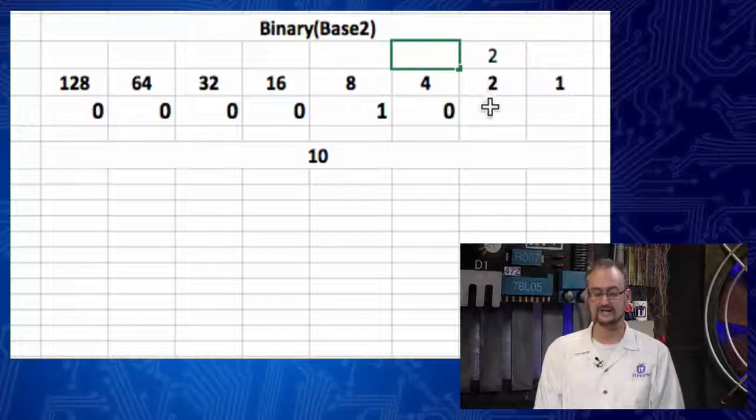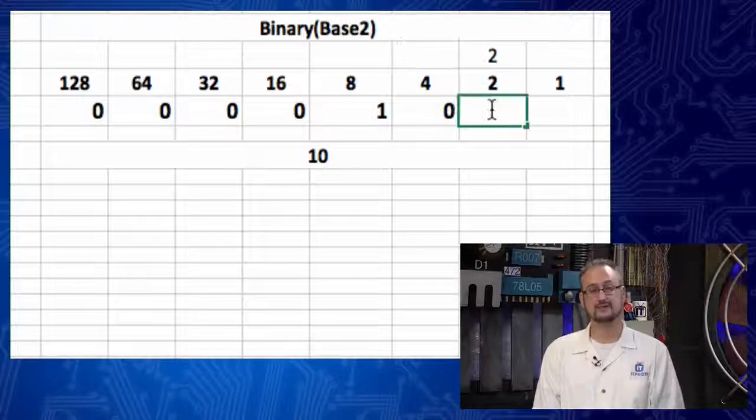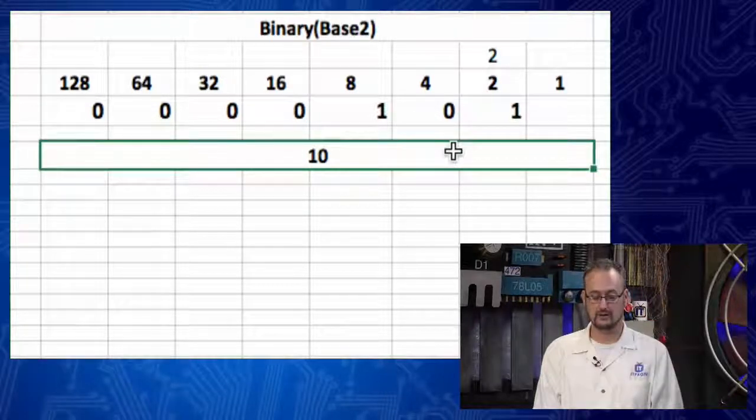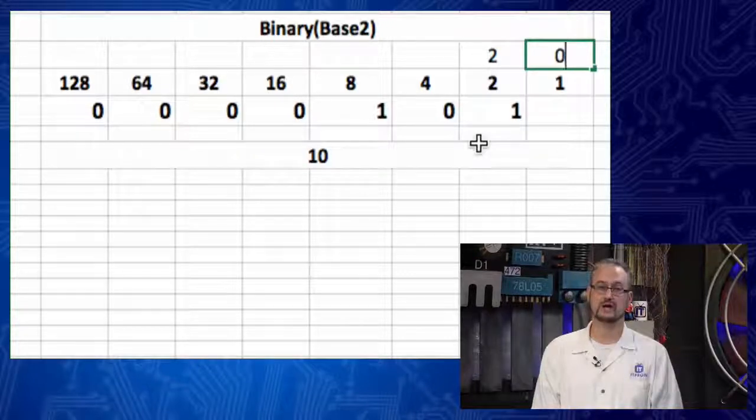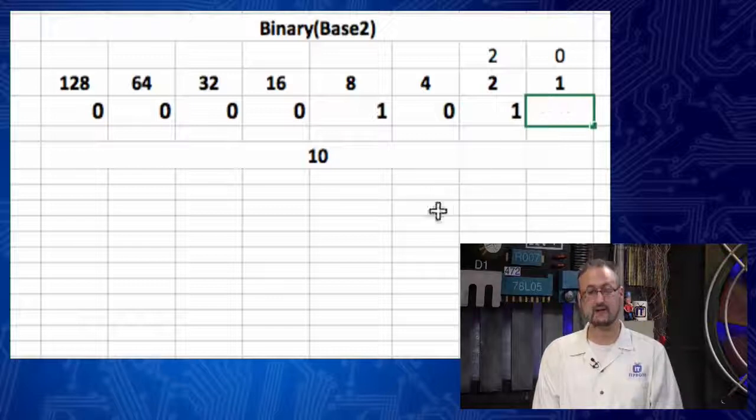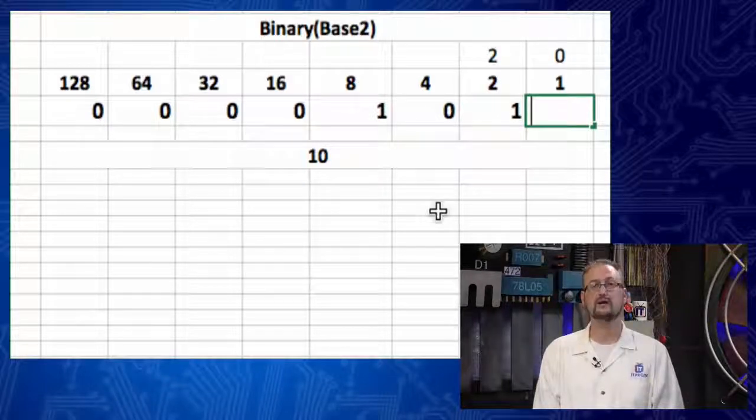Now notice I can subtract 2 from 2. That makes it true, so that becomes a binary 1. Notice that 2 from 2 leaves me with a remainder of nothing. The process in theory is the same. If I say, I've got a 0, can I subtract 1 from it? And the answer is no. It's still the same formula, so that value becomes a 0.